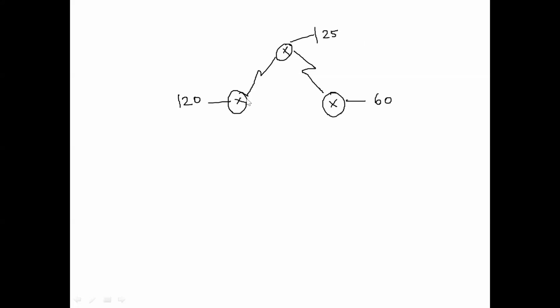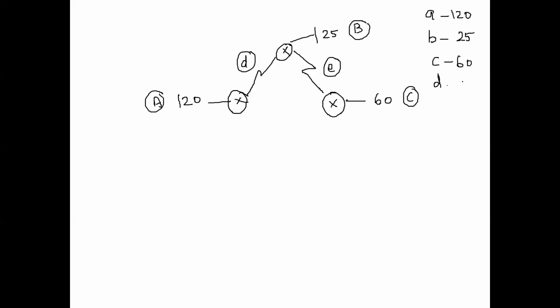Right. So you have 25, 120, and 60. So we'll say what are the networks that we have. Say this is network A, this is network B, this is network C, and this is network D and E. So for A, the requirement is 120. B, the requirement is 25. C, the requirement is 60. D is 2 and E is 2. So now if the IP that is given to us is, let's say,